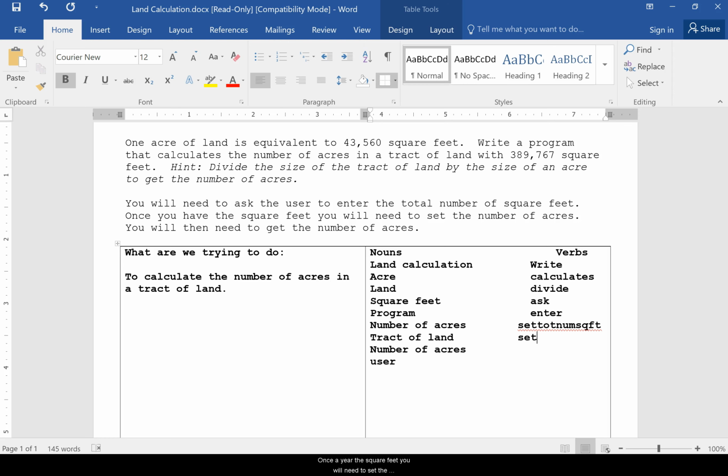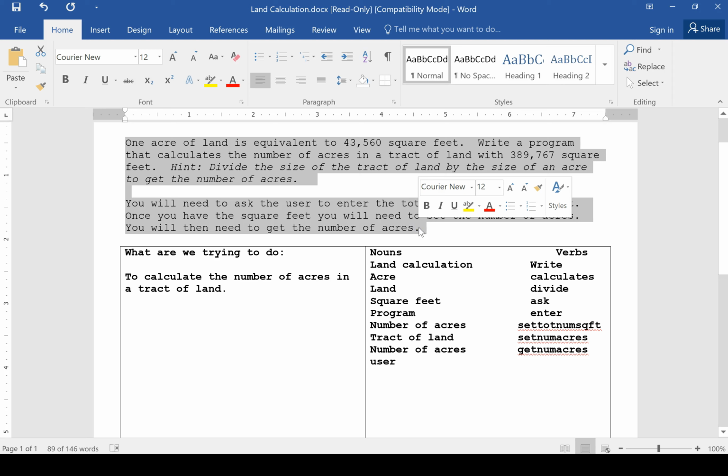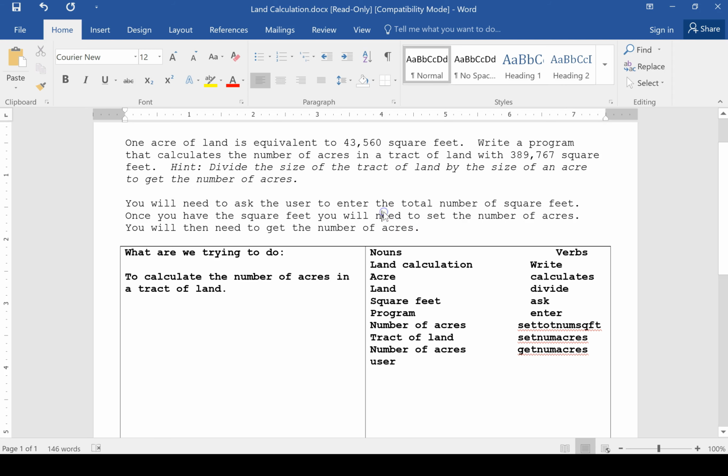Once you have the square feet, you will need to set the number of acres. Set num acres. Okay. You will then need to get num acres. Okay. So again, we took this fairly long paragraph and turned it into